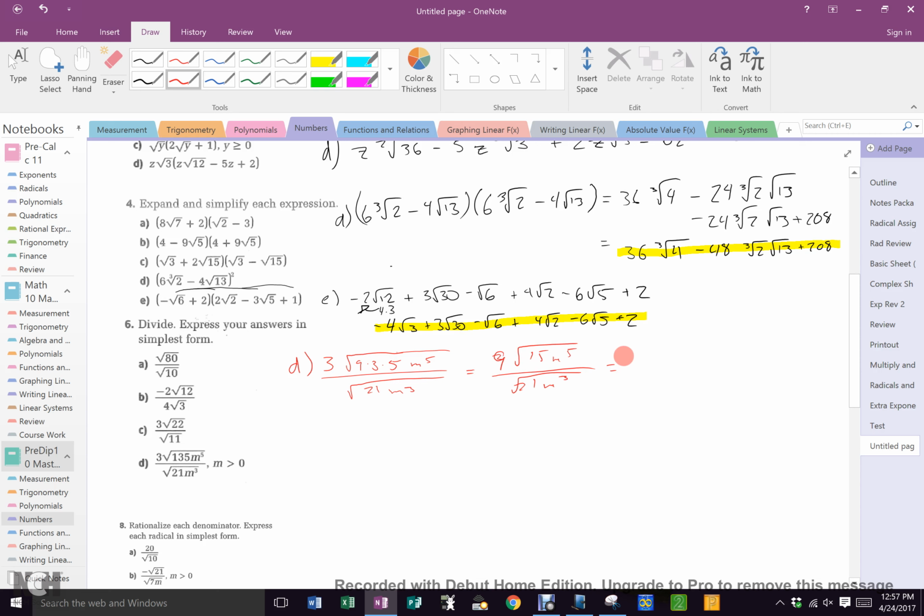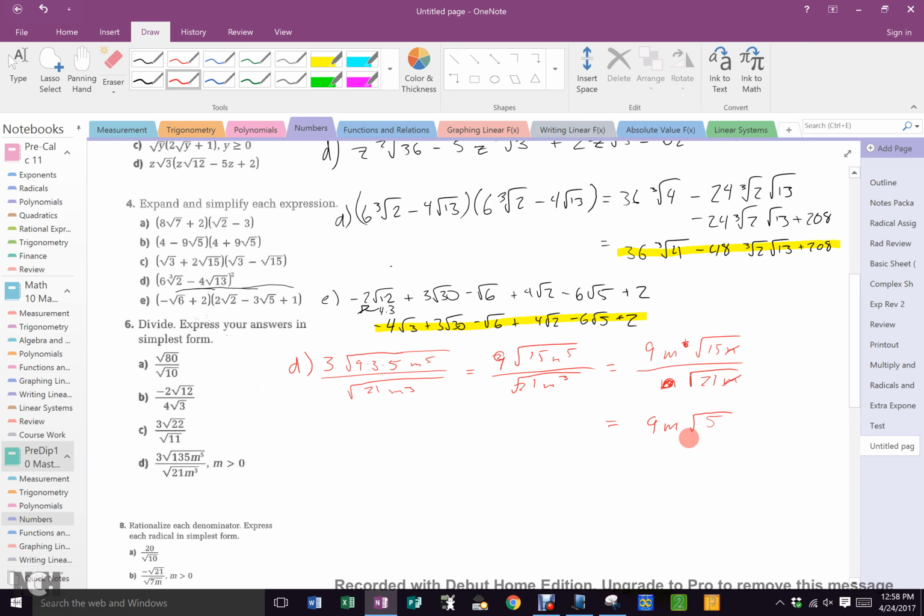Take out the m's now. 9 m squared root 15m over m root 21m. Tidy that up. One m is gone, that m is gone, so I got 9m. These m's are gone, so 15 over 21 is 3 goes into both, so it's going to be 9m root